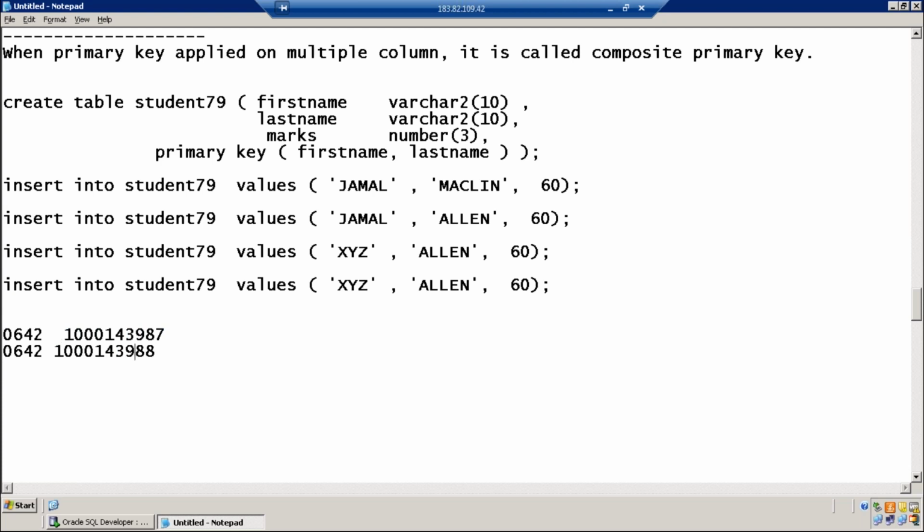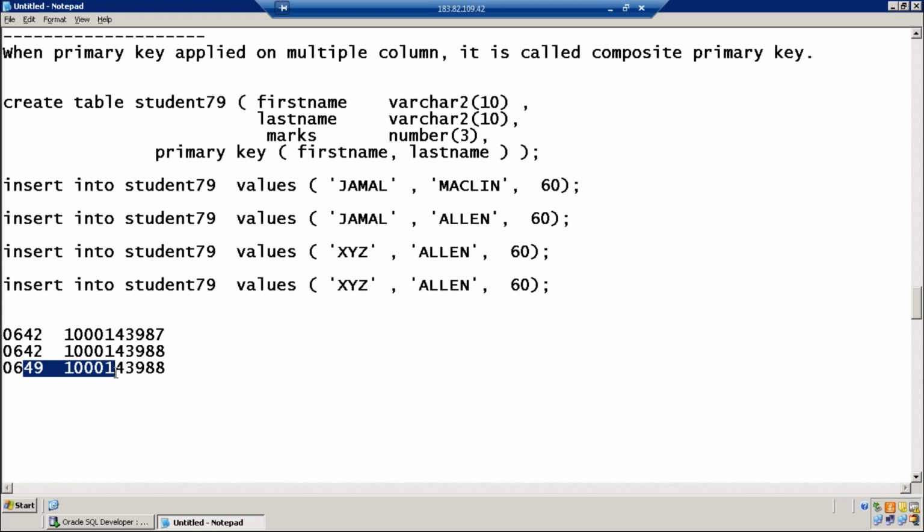Is it available? Can it be possible? Yes. Because the branch code is duplicate, you cannot say duplicate account number, because the primary key is applied on the combination of branch code followed with account number. Now, can I have the same account number in a different branch? Yes. When you are mentioning it, you need to use a combination of branch name and account number. So, in banking applications, this kind of composite primary key is used.